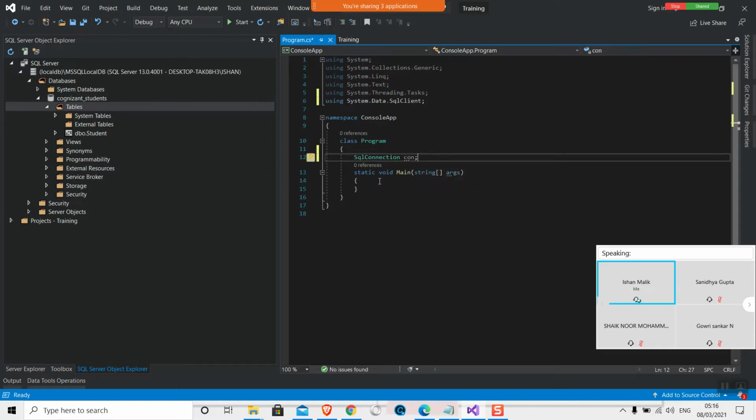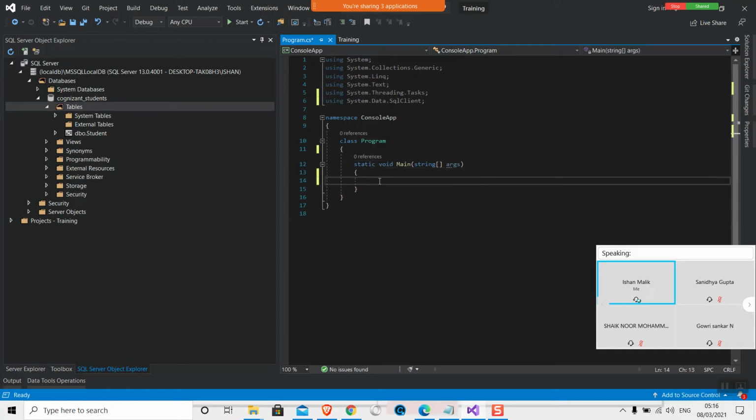First we will take a variable of SqlConnection. Then also I would like to introduce, I don't want to use it this way. I'll just simply connect in a different manner. Better I create a function.